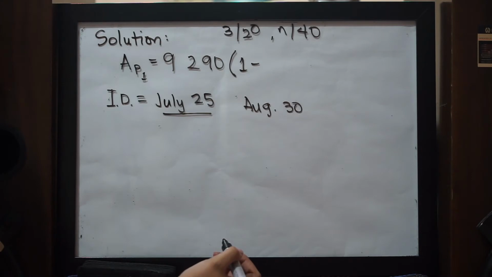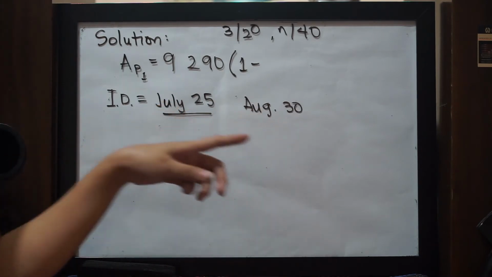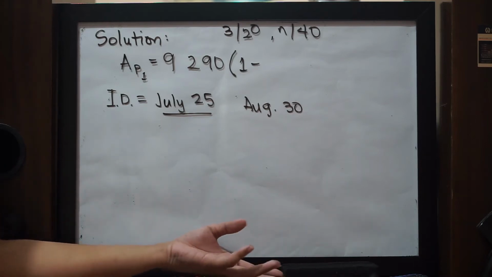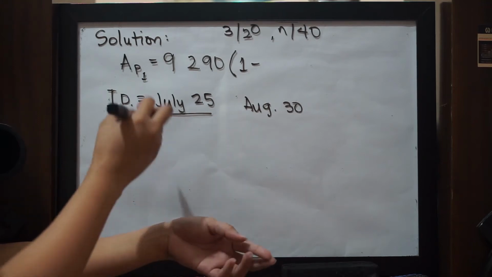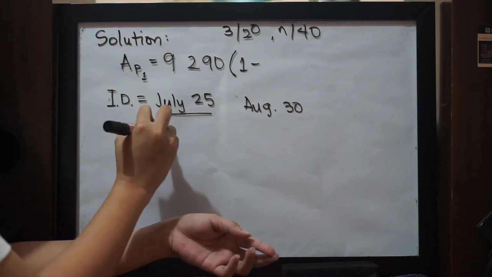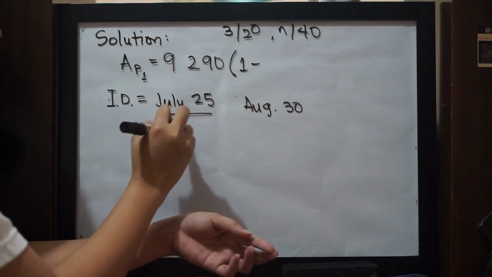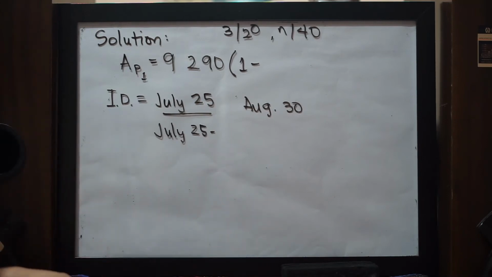So, all you have to do is count the number of days from July 25 to August 30. You can use your calendars in your cell phones and count the number of days, or pwede nating lagyan ng technique,